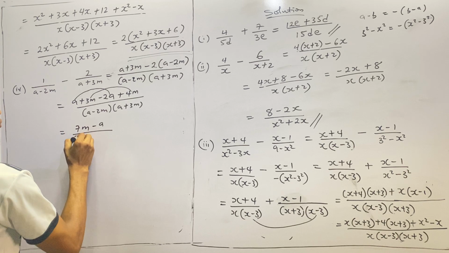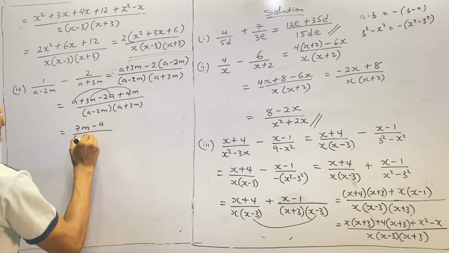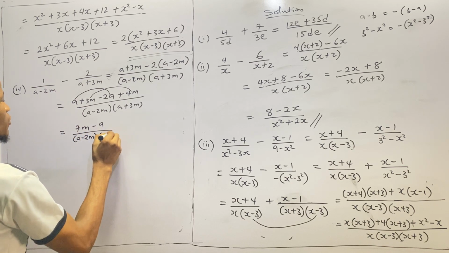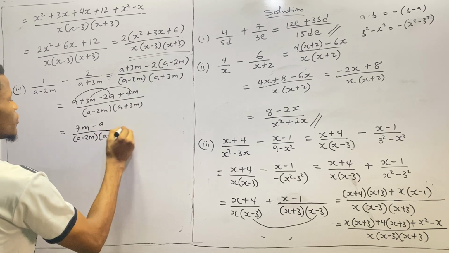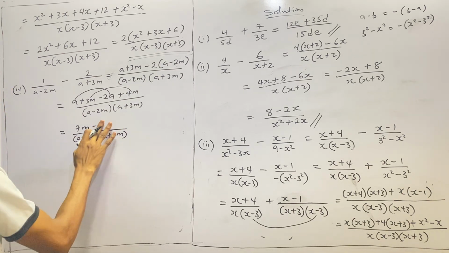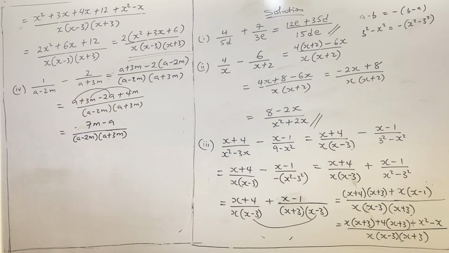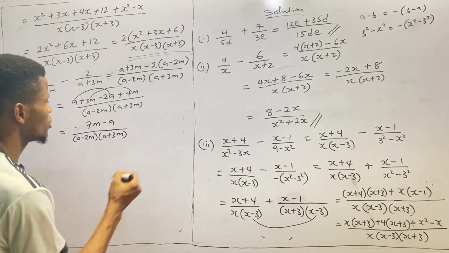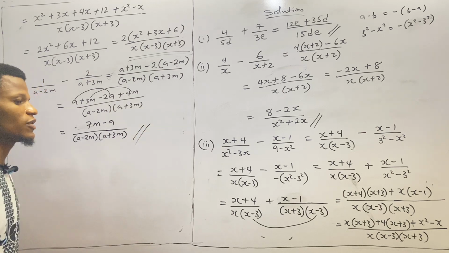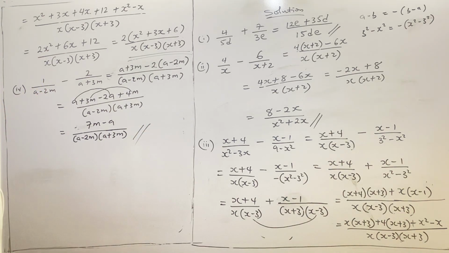So we now have a minus 2m into a plus 3m. So I think that is our final answer. So 7m minus a over a minus 2m into a plus 3m, because there is nothing to cancel out. Alright? There's nothing to be cancelled out. So that will be our final answer. So we go back to the next one, which is